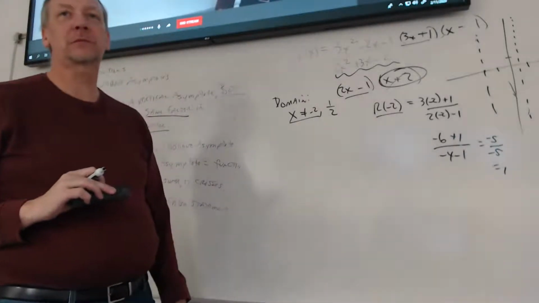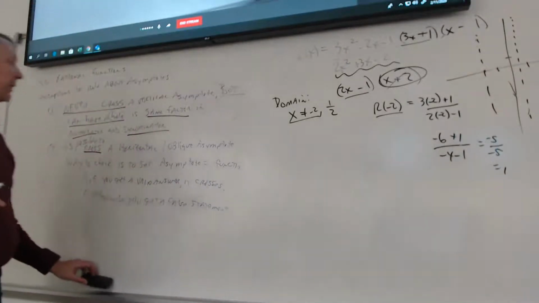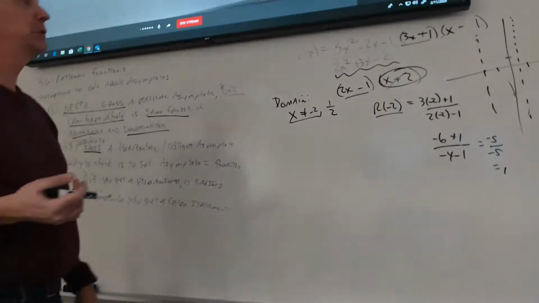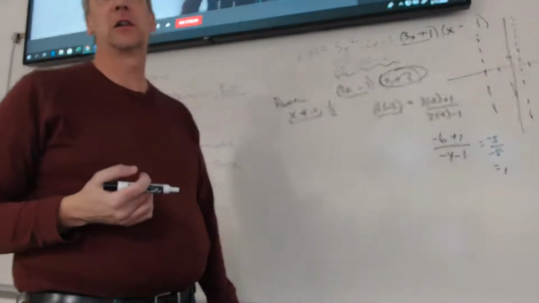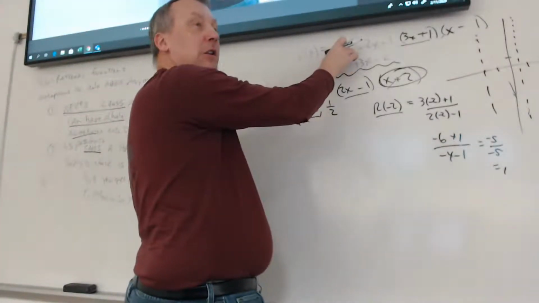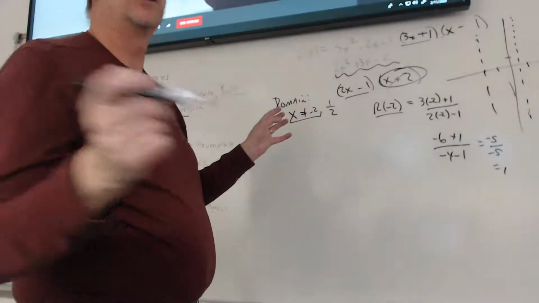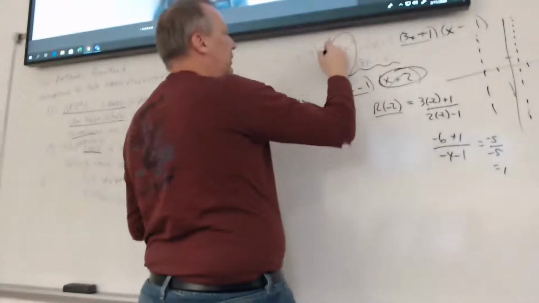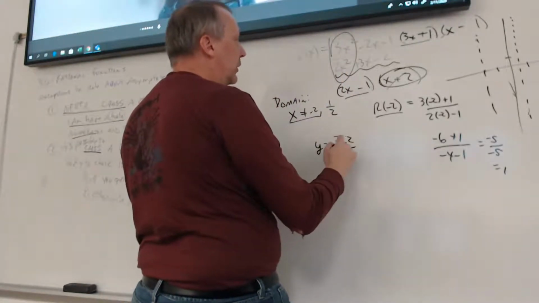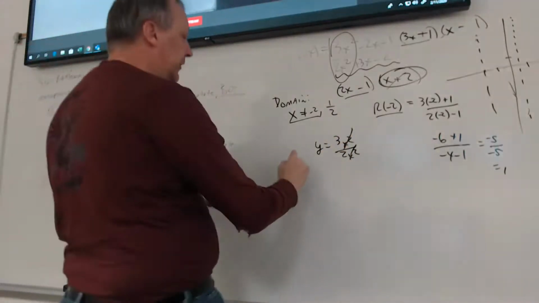Are you going to set your asymptote to a function? Well, we need to find our horizontal asymptote first, right? Horizontal or our oblique. So do we have one? You look at the degree of the numerator, which is 2, and the denominator, 2. Since they're the same, you look at the leading terms. And so therefore, I'm going to get y equals 3x squared over 2x squared. The x squared cancel, and I'm going to have a horizontal asymptote,